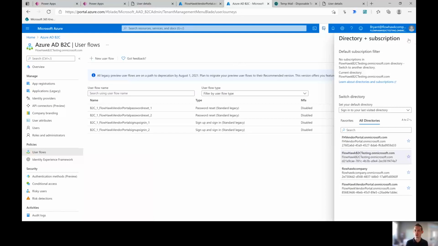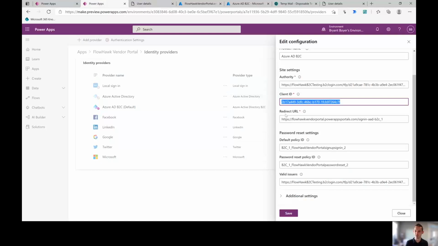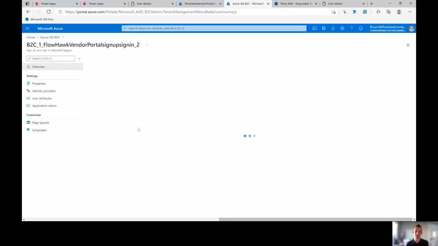And if I go to the user flows, I've got two now, right? And I've got to remember, I think the ones that I used here were the _2. Yep, so we see those user flows here as well as the password reset and the sign up, sign in here, _2. So if I look at the sign up and sign in one, we have a bunch of different